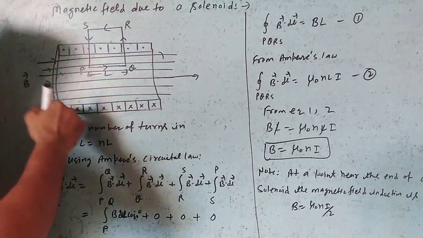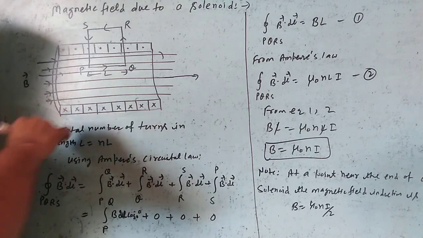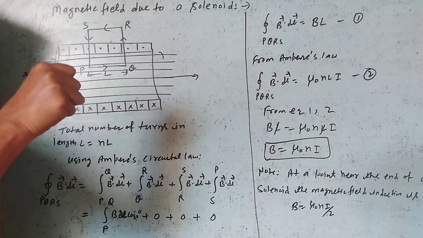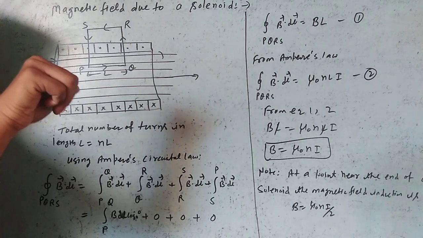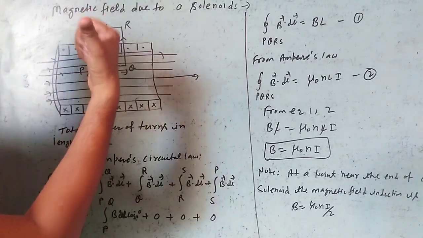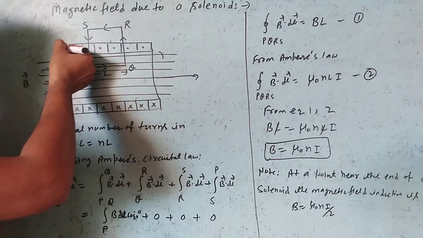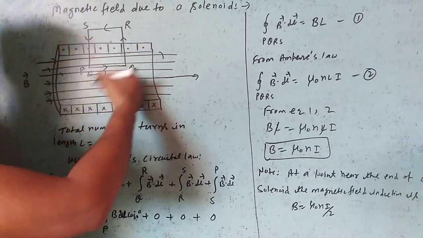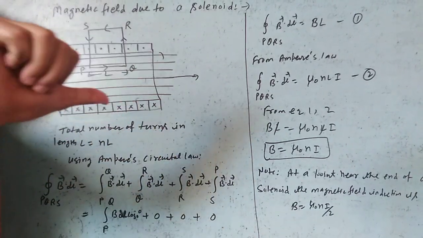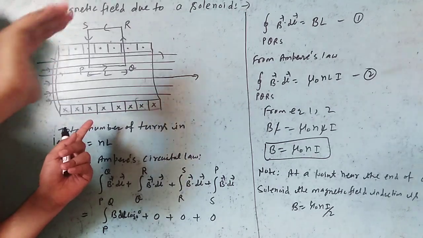Now clarify the diagrams. Crosses represent the direction of current inwards. This is the right hand thumb rule. Dots represent the direction of current outwards. Now you know that if the direction of the current is inwards, then the magnetic field lines are